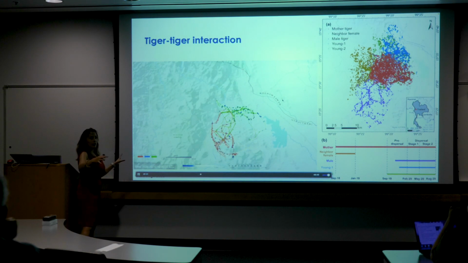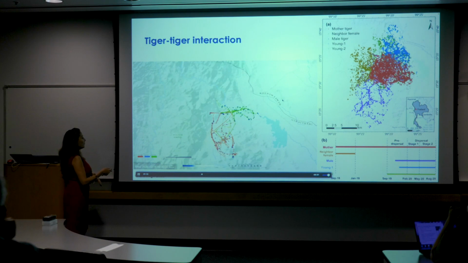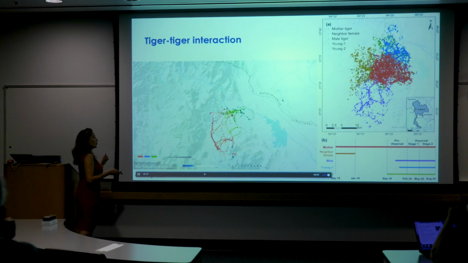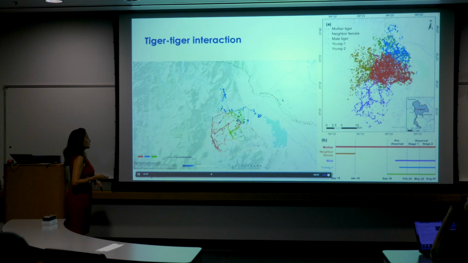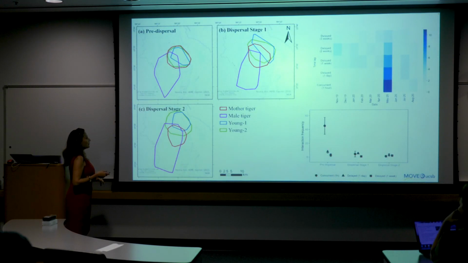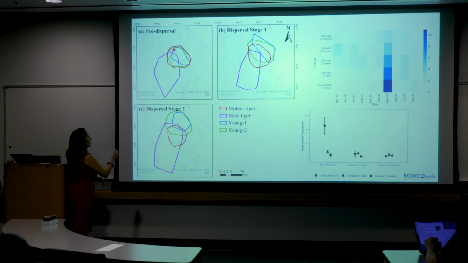So they are separating. And the dots actually represent whether it's night or day, so it's not really important to their interaction. Now the blue also dispersed, so the other cub dispersed too. Anyway, looking at their interaction, these polygons represent their home ranges. The red is the mother, the green and blue are the cubs, and this purple color is the male that